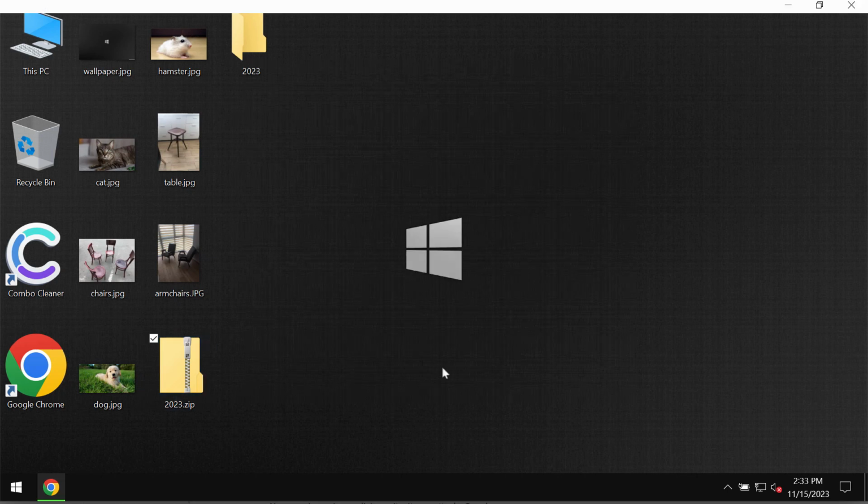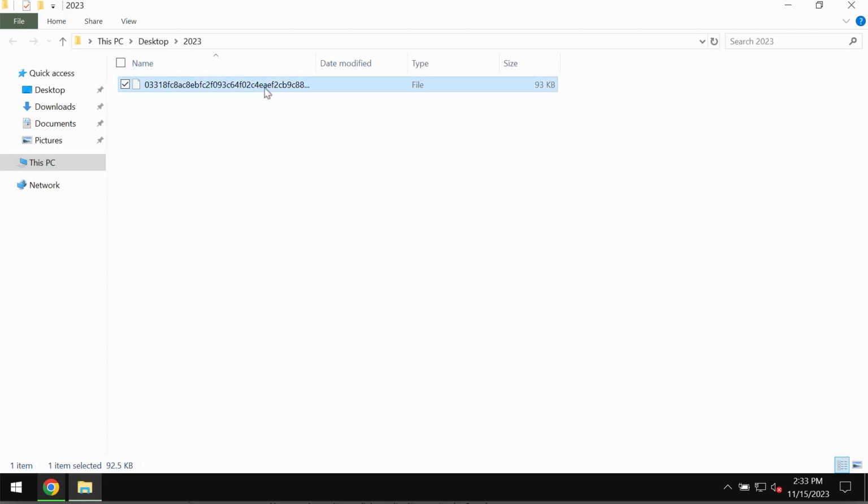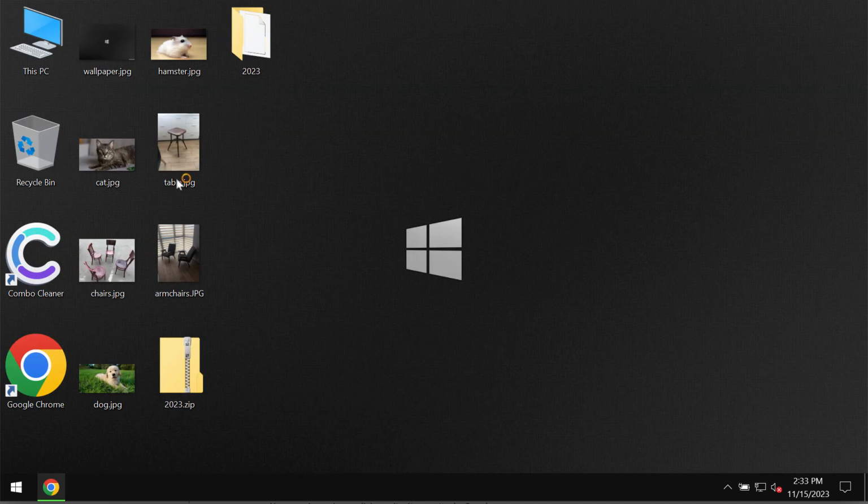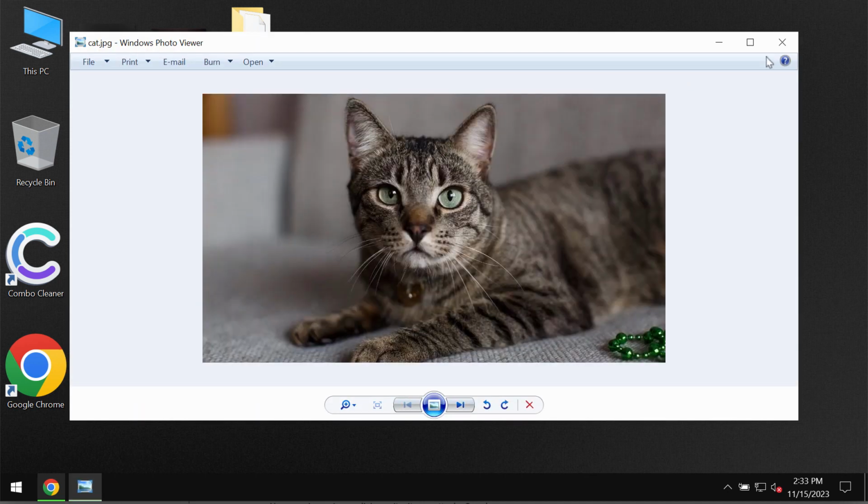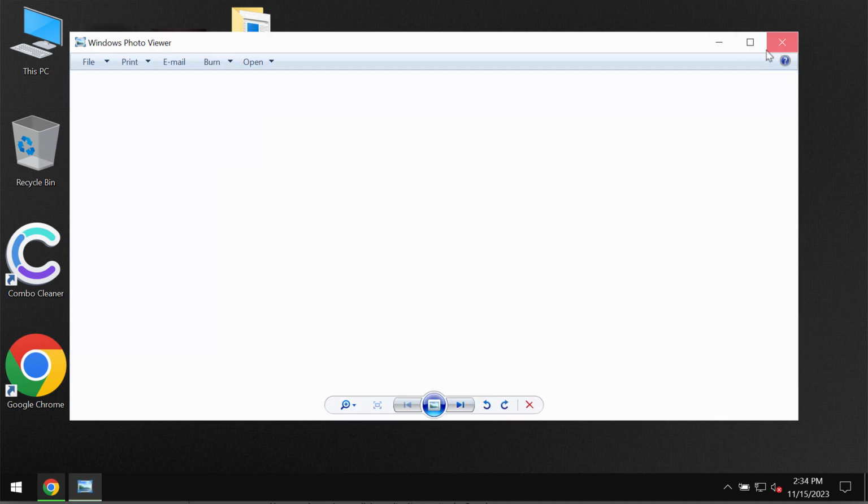I'll give you some recommendations on how to make it possible. Before the ransomware's attack, you are able to open your files without any troubles, as you can clearly see: pictures, music, Microsoft Office documents and other data. But sadly, because of some leaks and vulnerabilities, this particular ransomware 2023